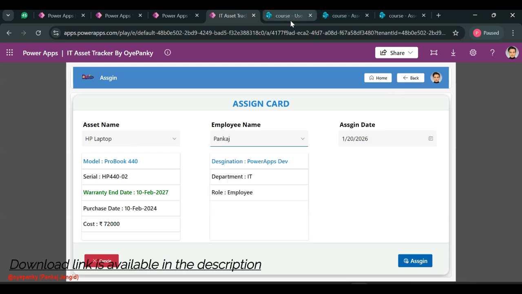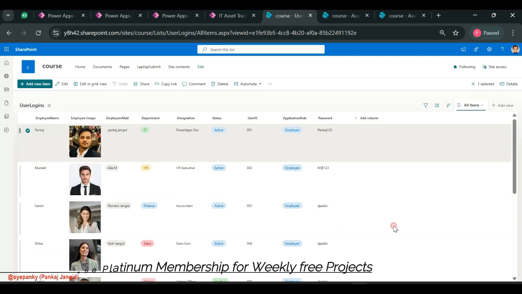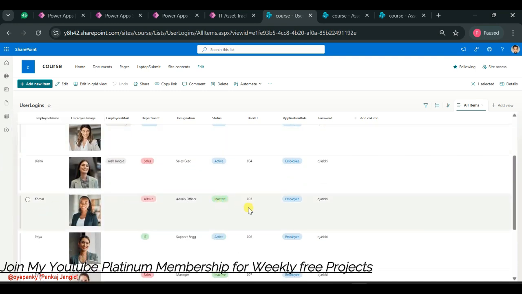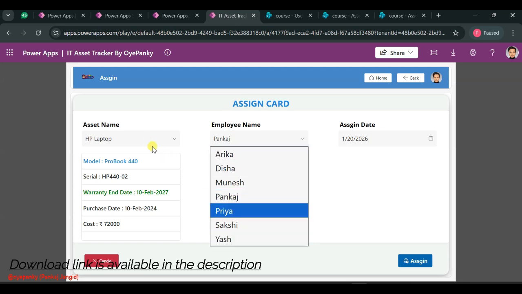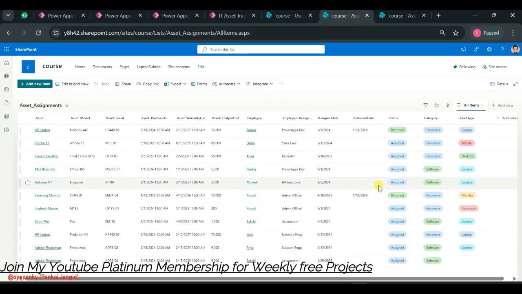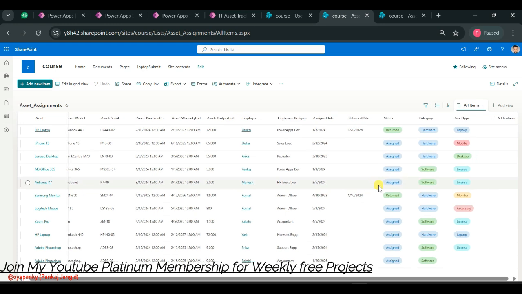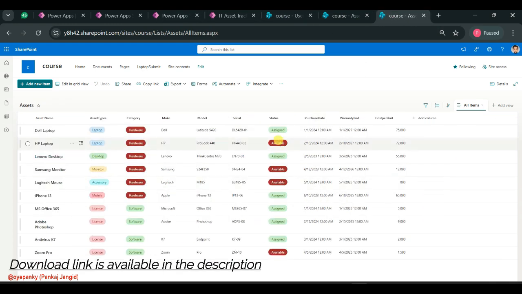So here is our user list. You can check the active employees. If, for example, Komal is an inactive employee, you can check here. Komal's name is not showing here. So this is our assets, and you can check this is history. This is our assets. So our available